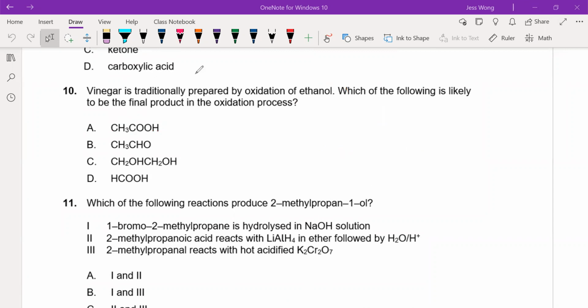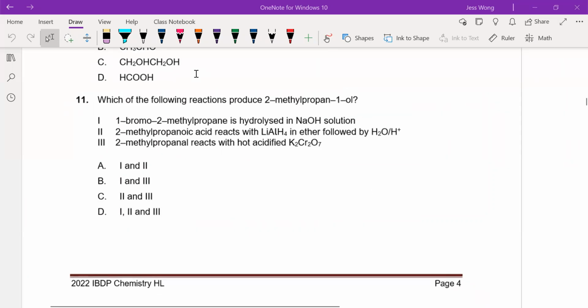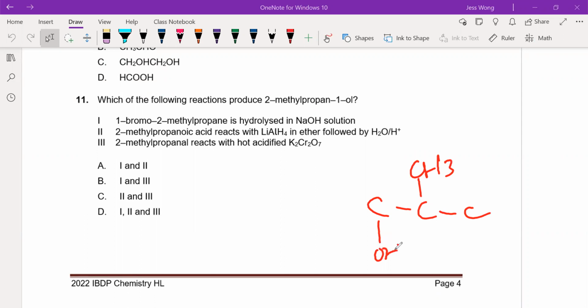Which of the following reactions can produce 2-methyl propanol? So let's draw out 2-methyl propanol. So it's something like this. So what type of reaction can give me this structure? Now let's look at 1. 1-bromo-2-methyl propane is hydrolyzed. Here the hydrolysis reaction refers to nucleophilic substitution. So when your original